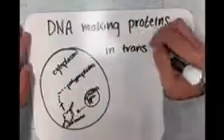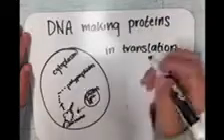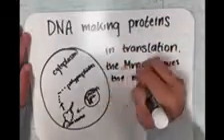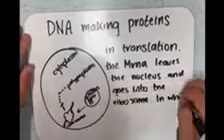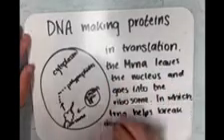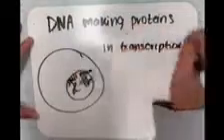Making proteins. In translation, the mRNA leaves the nucleus and goes into the ribosome, in which the tRNA helps break down the mRNA and creates proteins, which are called polypeptides. In transcription, the DNA creates mRNA inside the nucleus.